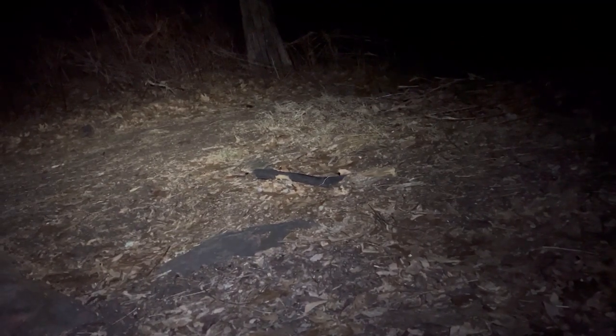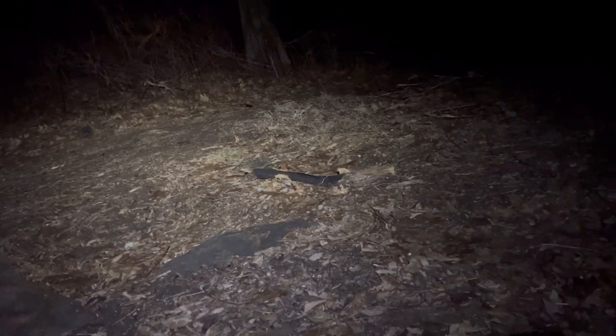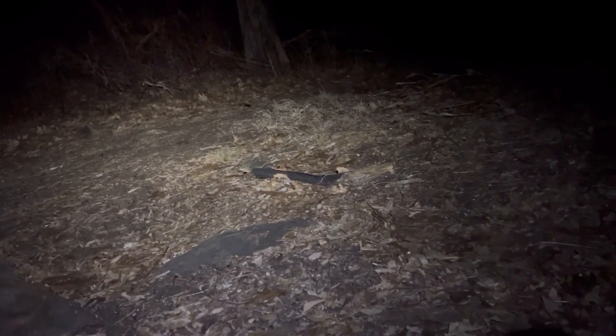A friend said you could dry it in the dryer and soften it up so it doesn't make so much noise when you're camping at night if you use it as ground cover. But Hank didn't sleep hardly at all, he said, so he just wanted to get out of here,